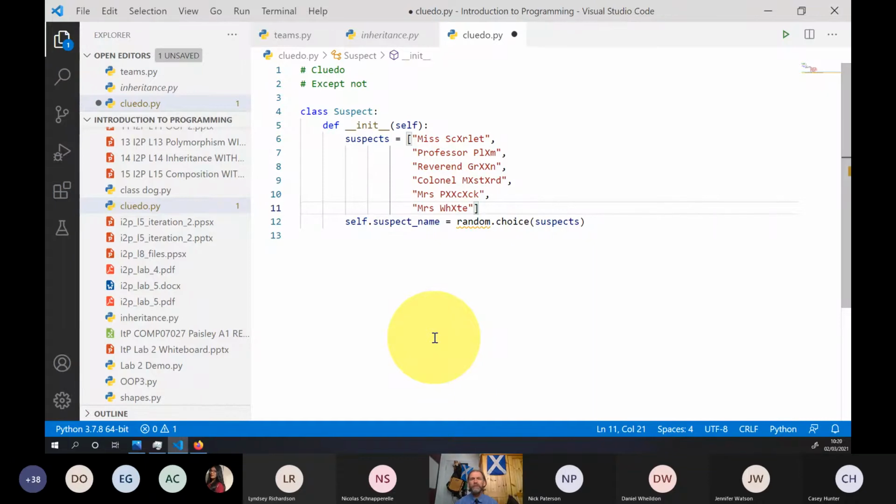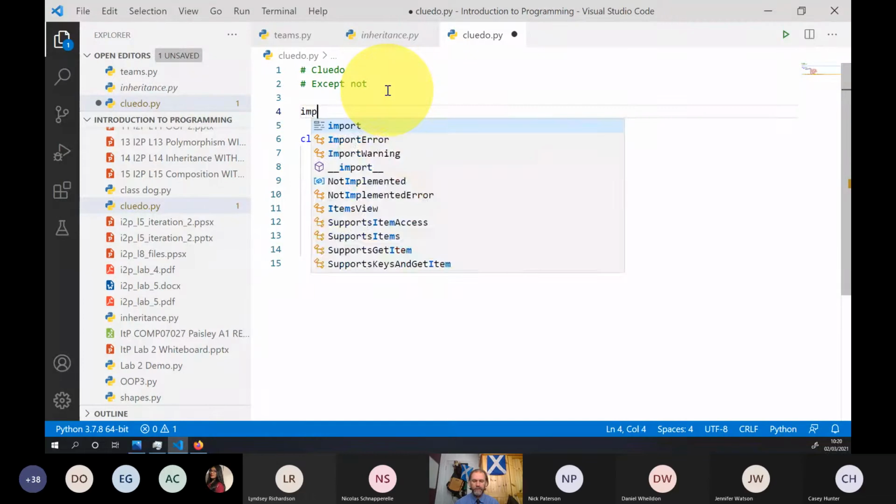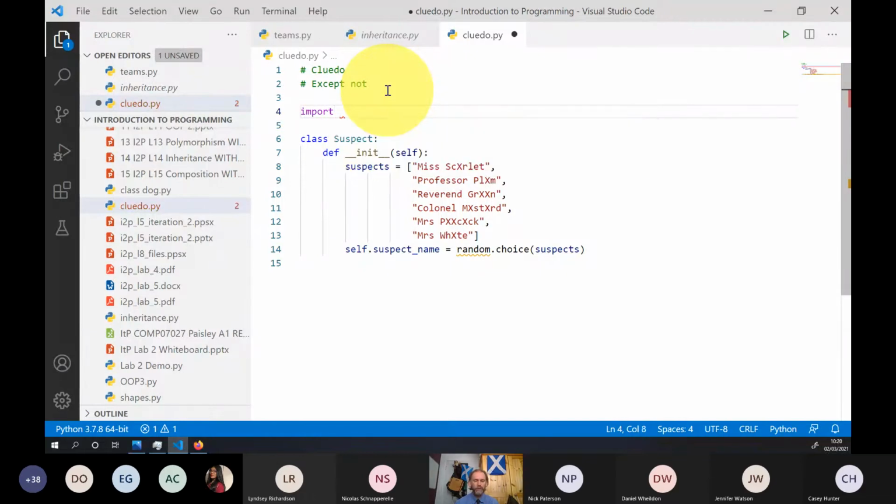Anything else we need to do at this point? We still have an orange line here. Why is that? It's because random's not being used at all. So you'd need import. Would you need import random? Random's an external library. To use external libraries, we need to import them. So I'm going to import the library called random. When I do that, random choice is very happy because it matches up there. Okay, so it's just going to grab us a random suspect from that list.